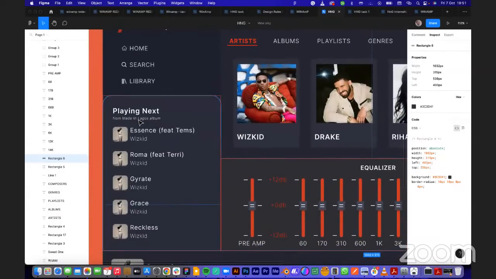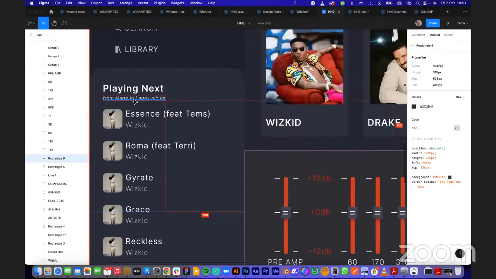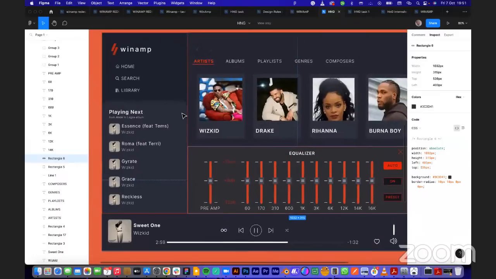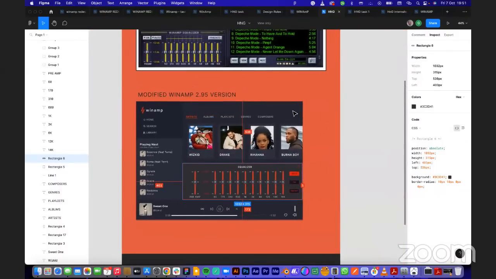And yes, from Made in Lagos album, this feels a bit off too. Probably could have been better arranged. So the thing is, every single issue we've pointed out, and every good design that we've talked about, all you need to fix them are in the design book, really, right? And then for the tasks that you were given,